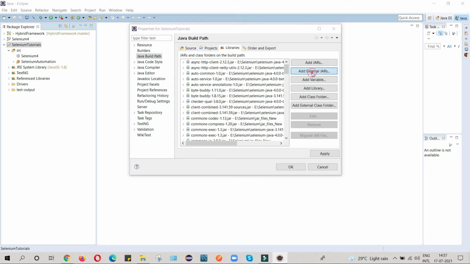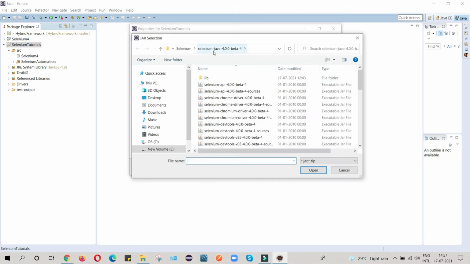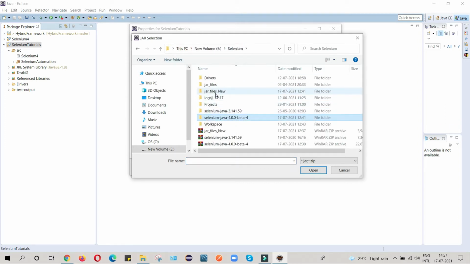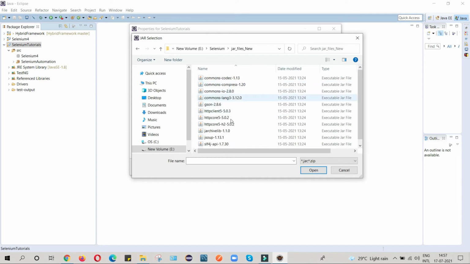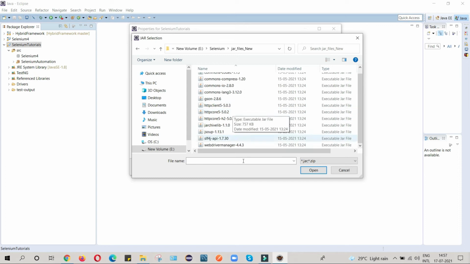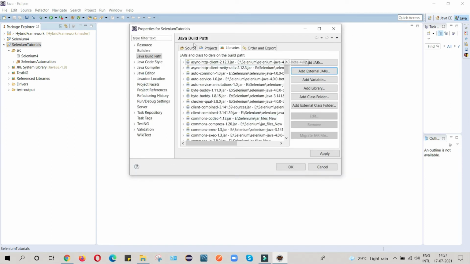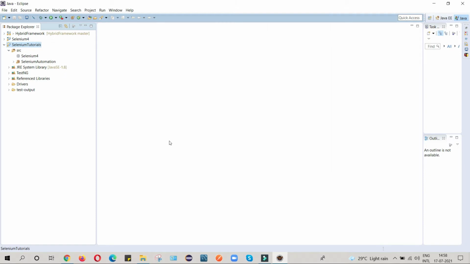Click on add external jars, go to the folder where you saved all your jar files, and just copy all these files, also include the lib folders, and also the jar files of WebDriver Manager, everything. Here you can see a WebDriver Manager. Once you put all the jars here, you just click on apply and OK. I have already done this.